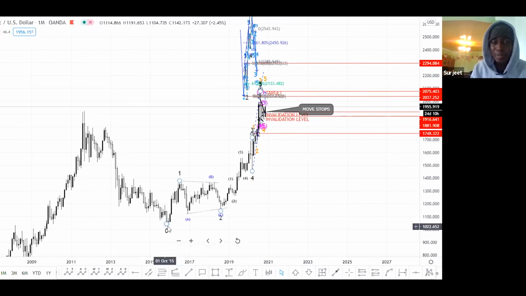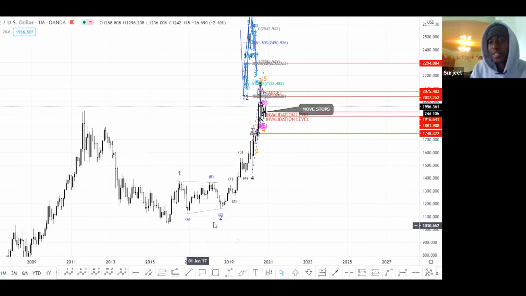So starting from this point, we have the first move, and if you see, this is a monthly time frame. So I started analyzing this pair on a monthly time frame. If I break it down to the weekly, then I should be able to see that this move was indeed an uptrend, wave 1, and then this move here went against this trend, the new trend,